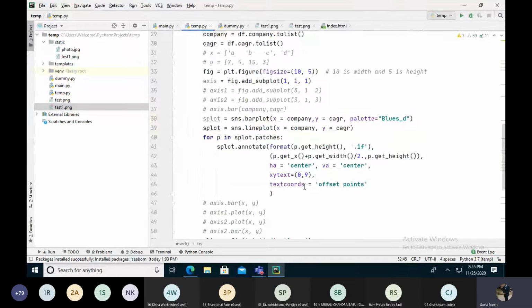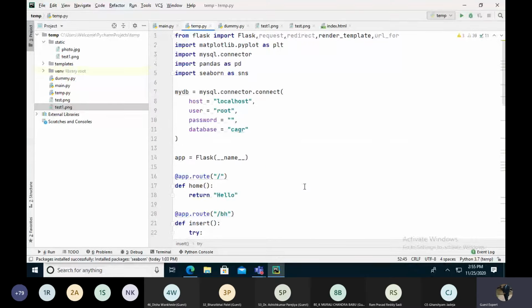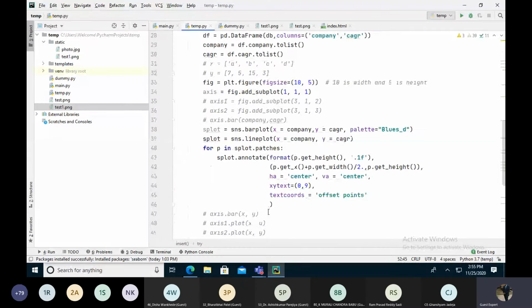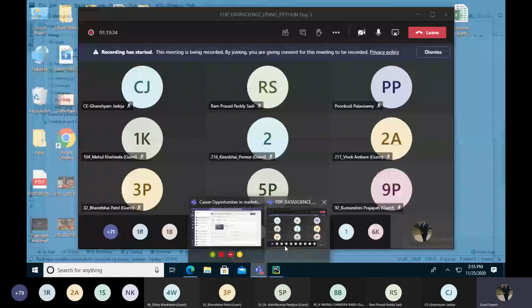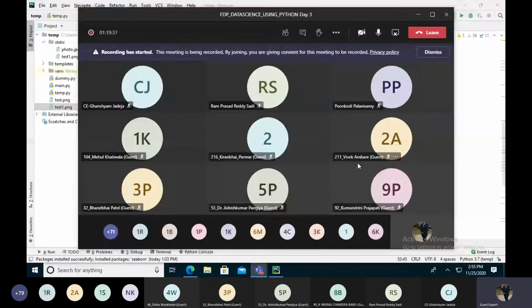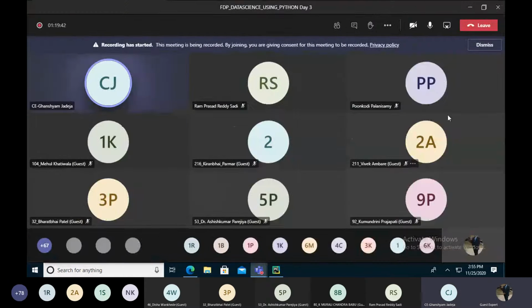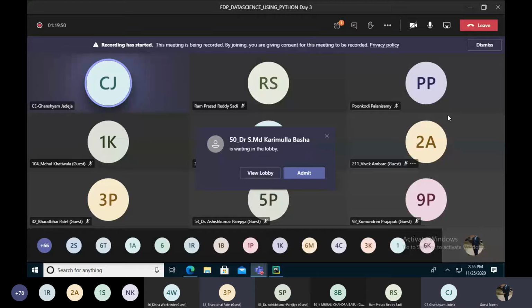Okay, so we've done our task over here. Does anyone have any doubts regarding this? Any questions? Then we will show you one of the projects, and we also do some MySQL tasks. Manisha ma'am? Yes, sir. Ghanshyam sir, anyone have questions? Dear participants, if you have any question, please ask. Right now, I don't have any question. Okay, we can continue if other people do not have any question.